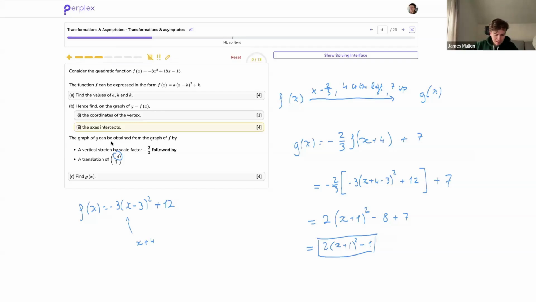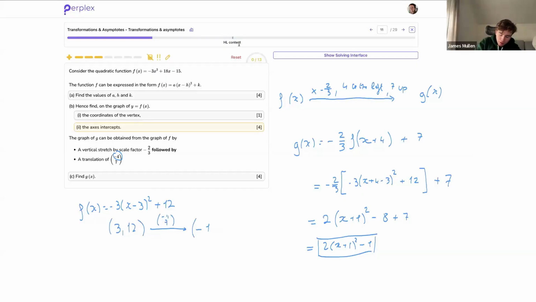Was there an easier way to do that? Honestly, I might have been able to do it easier, and let me show you how I could have done it better. A better strategy was to realize that the original quadratic had a vertex at (3, 12), and I'm translating that vertex by (minus 4, 7). So it becomes a vertex at minus 1,